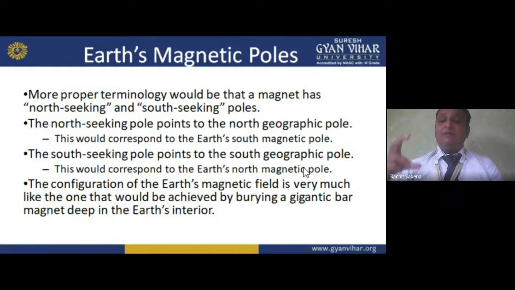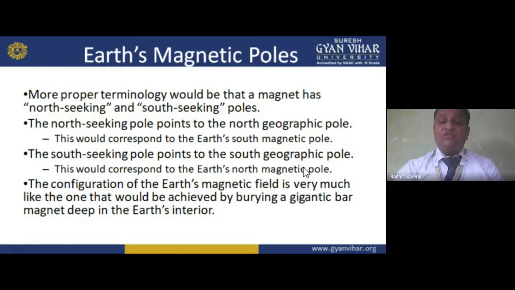So if I am talking about the magnetic pole, that is the north pole. But if I am talking about the geographical one, it is the south pole. In geographical terms we call it south. But if I am talking about the magnetic pole, my dear student, and I use a magnet there, what happens? That magnet attracts. So we can say it is a north magnetic pole, because opposite poles attract each other. Like poles repel each other. So I hope you understand.